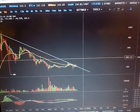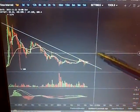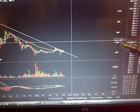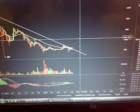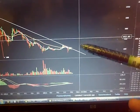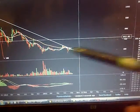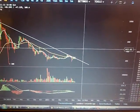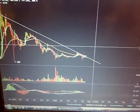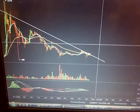I'm just looking visually at it and see what kind of triangle I can make out of this. You know, something like this is what I'm trying to say. There's another triangle, another line here, and that would be somewhere around 400, and that might be the top point where it'll range back down. How far, I don't know, but if it comes back, you can see just a little gradual trend line here going, and if it stays on that trend, because a long-term trend tends to go that way for a while,